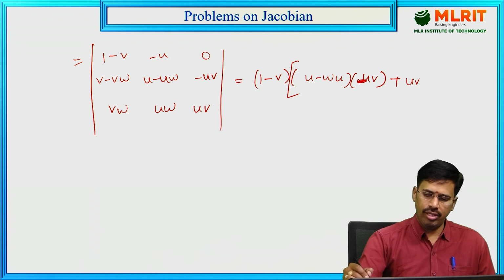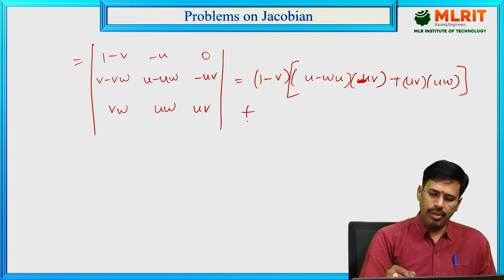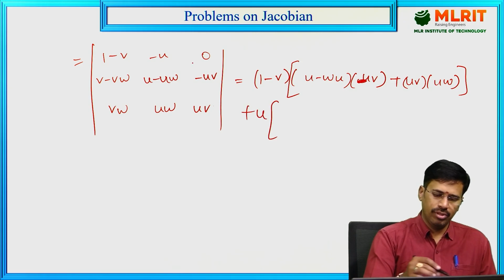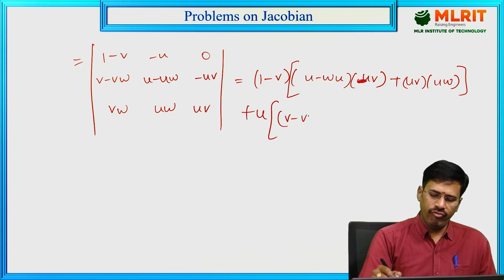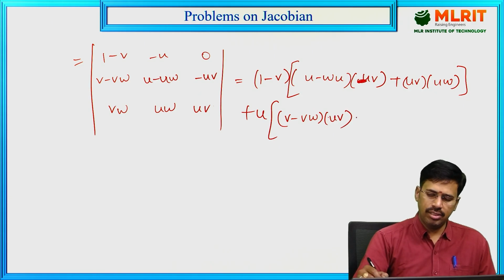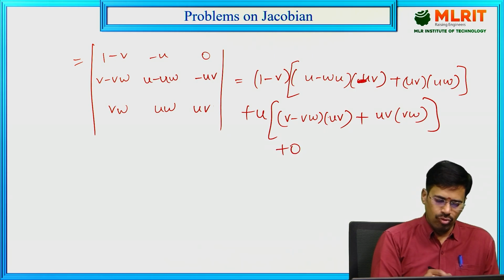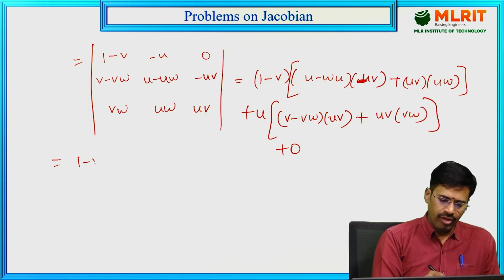uv into uw plus u into v minus vw into uv plus uv into vw plus 0. So we'll be getting 1 minus v into